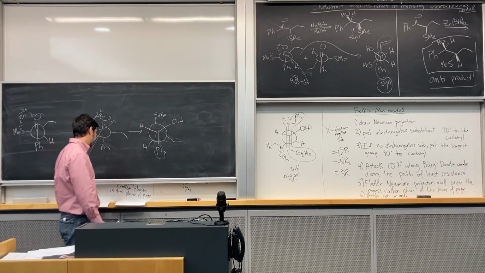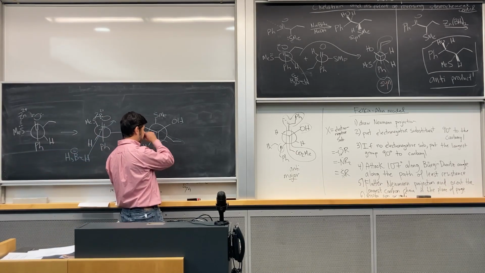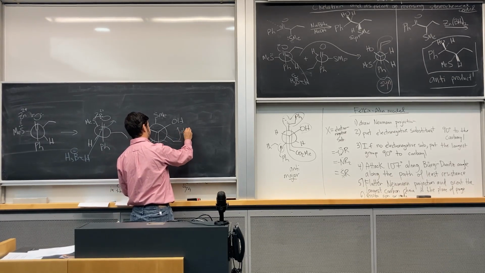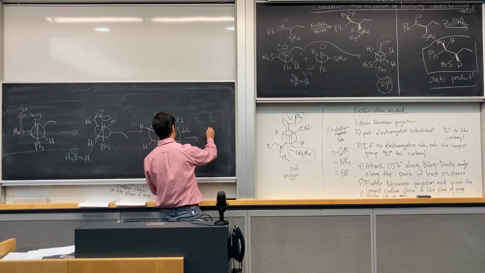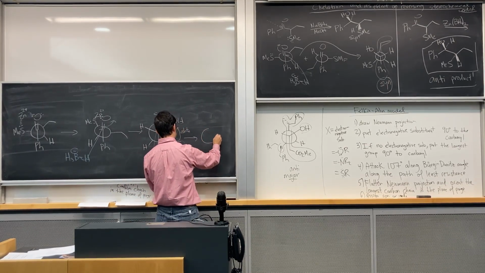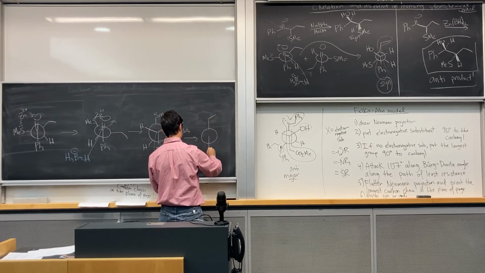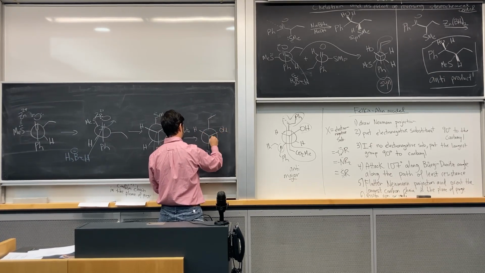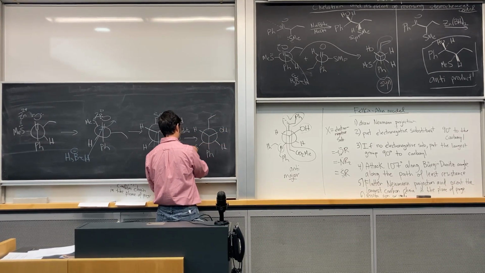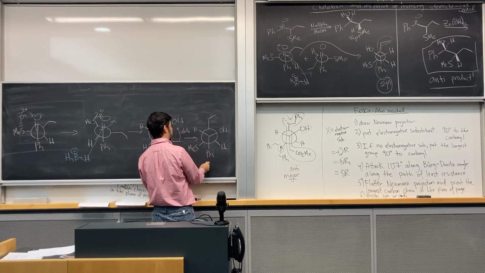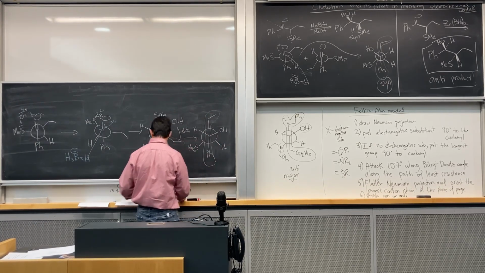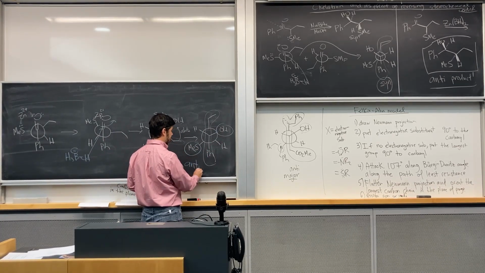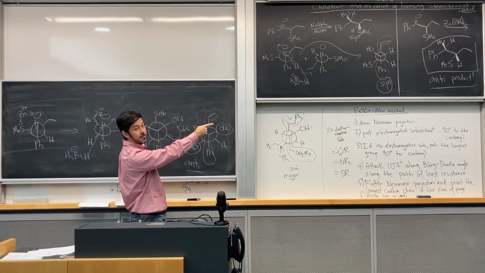So we need to do a rotation. And essentially, there are different ways you could do it, but let's just rotate this up. And if we do that and put that on top, it's going to look like this. And you can see here, now you have the longest carbon chain in the plane of the page, and these two groups here are anti to each other, which takes into account the final product that we get,